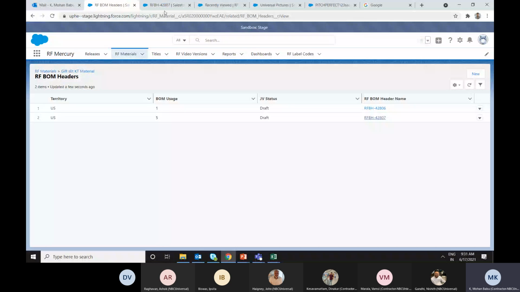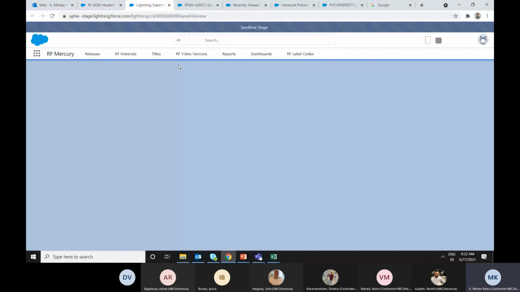When this is being created, the user is not going to create it. Whenever we are creating any material under the gift set, all these child components are added under the BOM header where the usage is 1. If you see where the usage is 5, the BOM items will be null. But if you check usage 1, we'll have the BOM items. These are the BOM items, the child components for the gift set material which is being created from the wizard and which has been added as a BOM item.